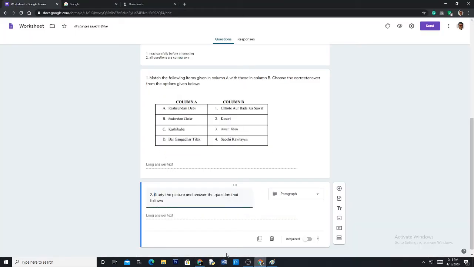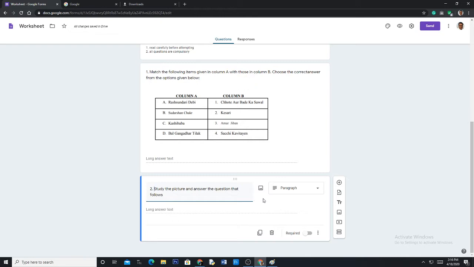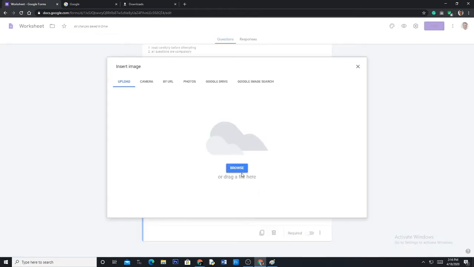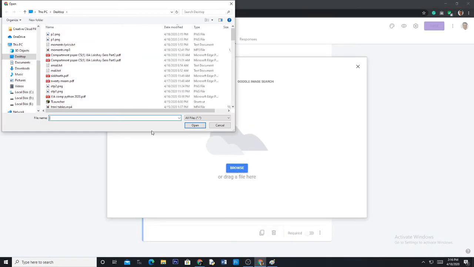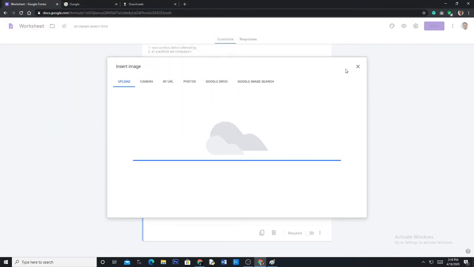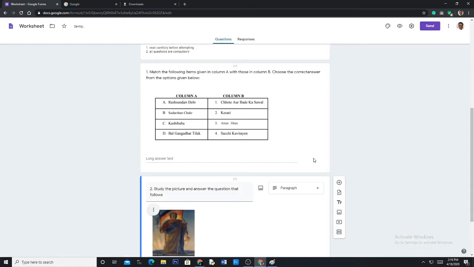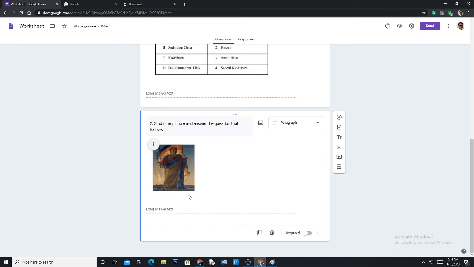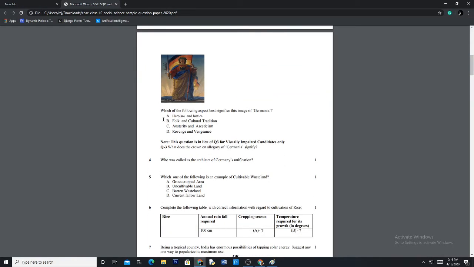I go to my Google Form question paper, and again I do the same thing. See, this is very similar to what I did for the first question. Browse, and then I say P2. Yeah, it's done. See the question, again the image has come, and then the child can write down the answers to it. I'll go to my question and see what it says. Which of the following? Okay, fine. I have to pick up this also.